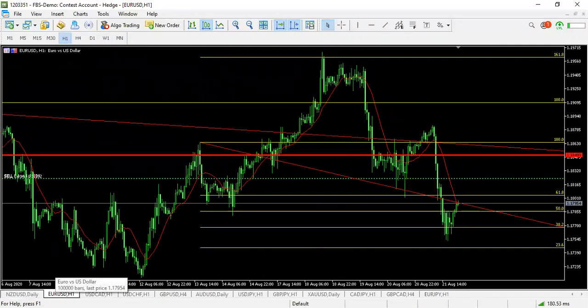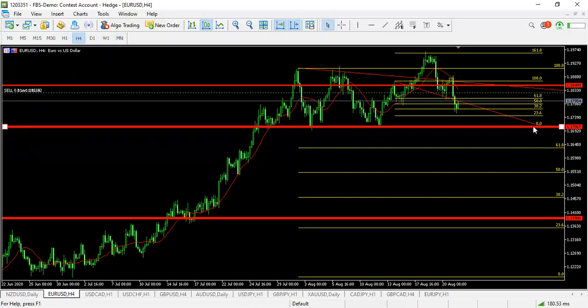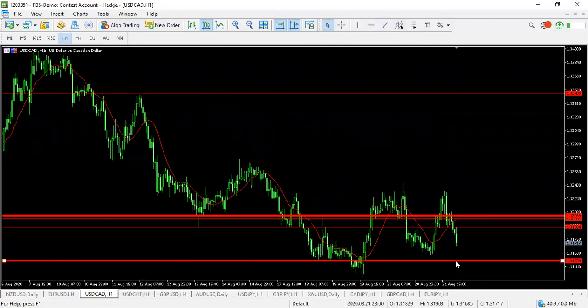Euro US dollar, the next week's pivot point will be at 1.7067. It will be here at the bottom of this small range. Then we'll be buying all the way to 1.20 or even 1.22 zone. So that's Euro USD. USD CAD, the pivot point here will be at 1.33